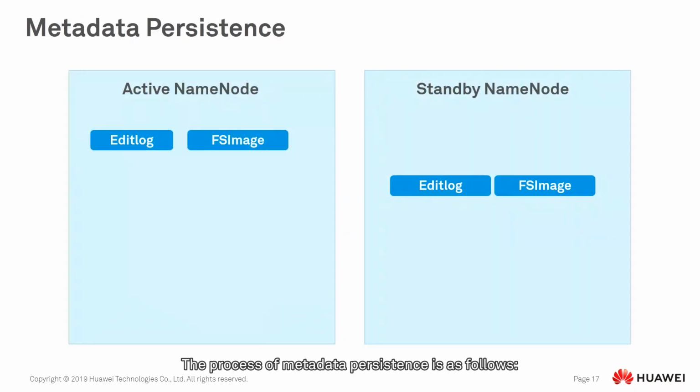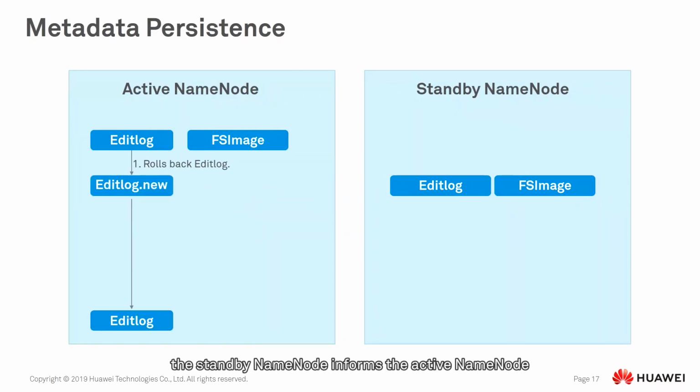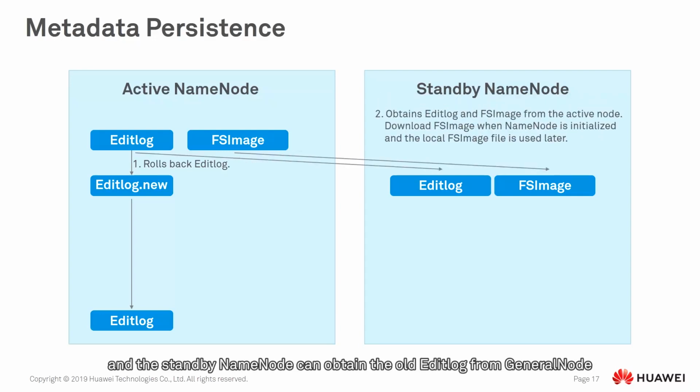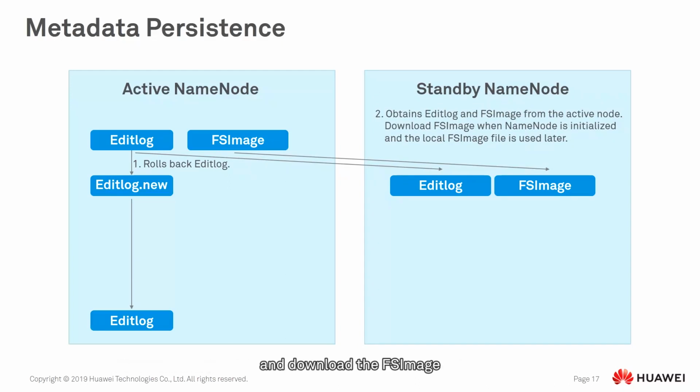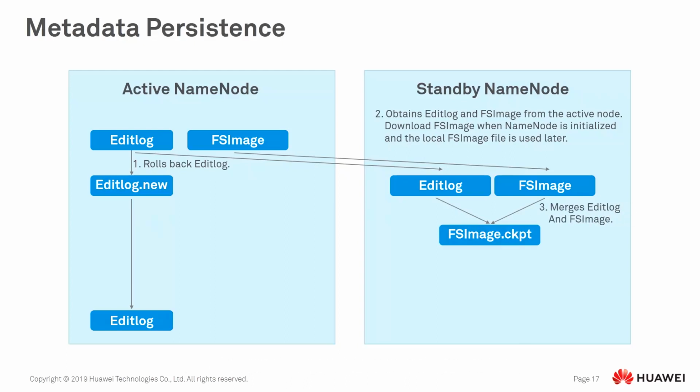The process of metadata persistence is as follows. First, the standby name node informs the active name node of generating a new log file called editlog.new, so that the active name node can continue recording logs to the editlog.new file, and the standby name node can obtain the old editlog from journal node and download the FS image, which stores the file mirroring periodically from the active name node. The standby name node merges these two and generates a new metadata file called